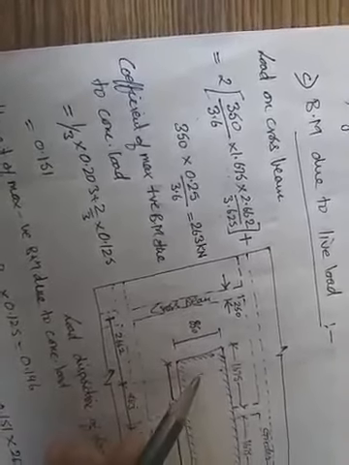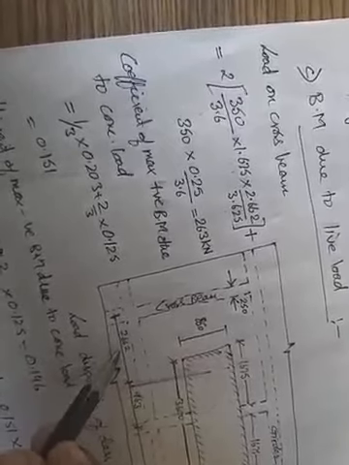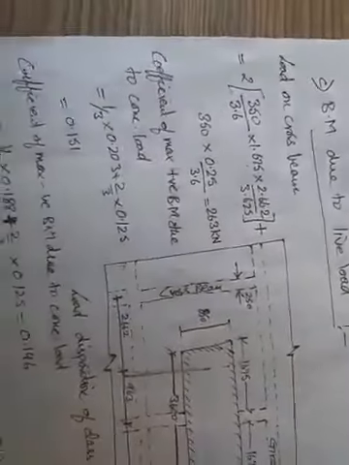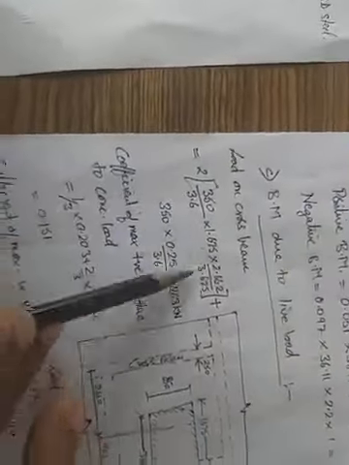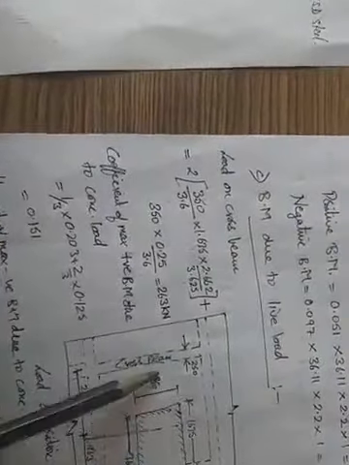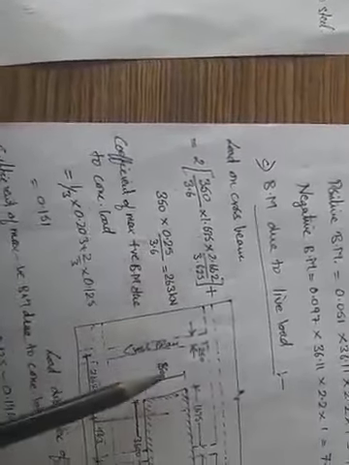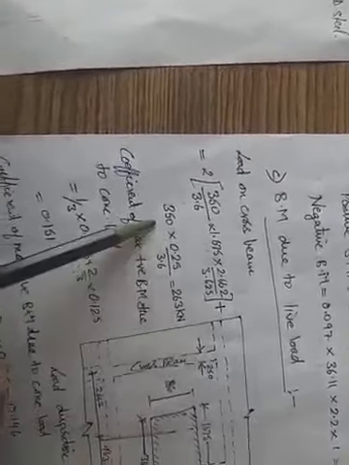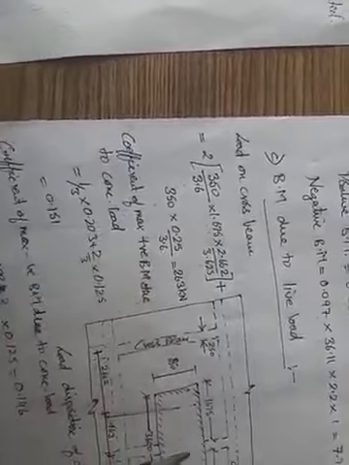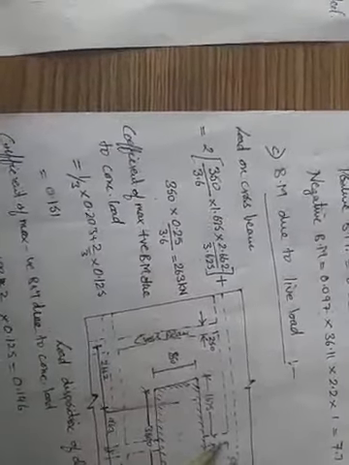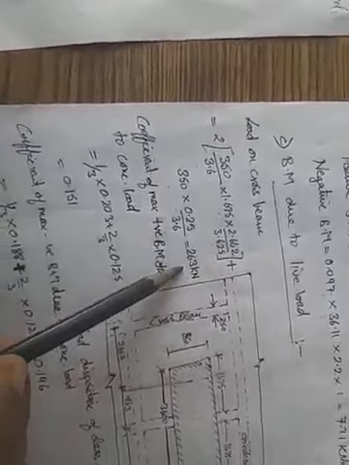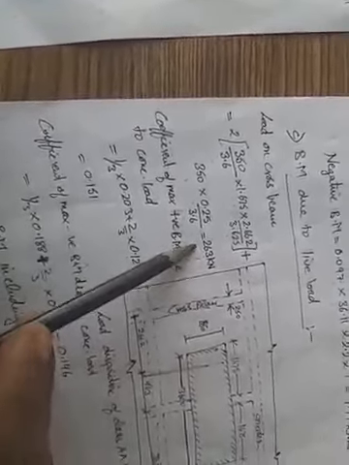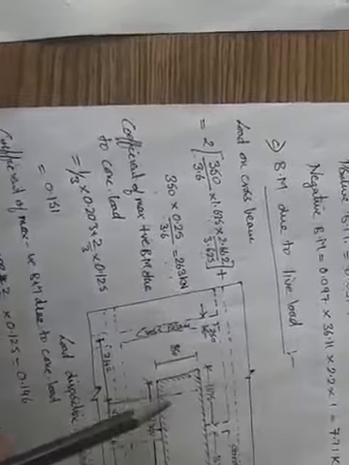So this is the CG. This distance is 2.662. So this gives me the load from this area on the cross beam. Then I have this load from the cross beam, so it is 350 intensity into 0.25, which is the thickness of the cross beam. This total makes it 263 kilonewton. So total 263 kilonewton is the load on the cross beam if the load is placed in this fashion